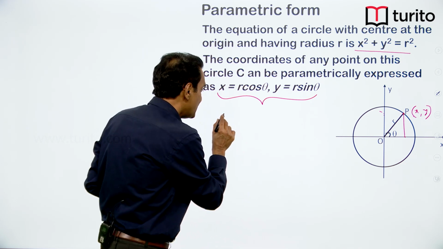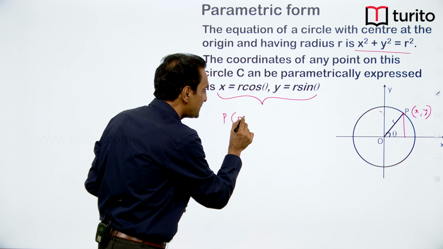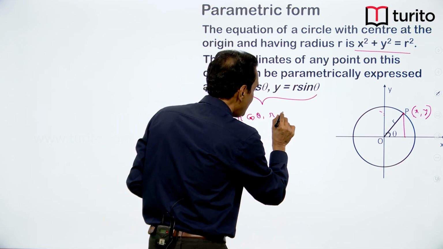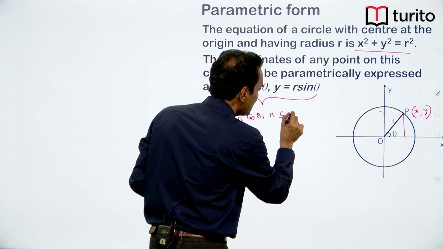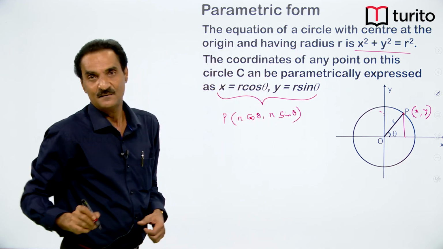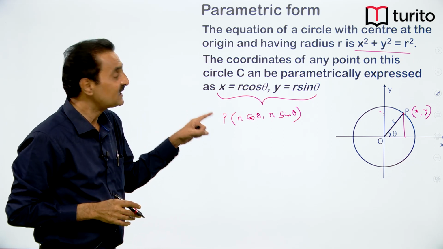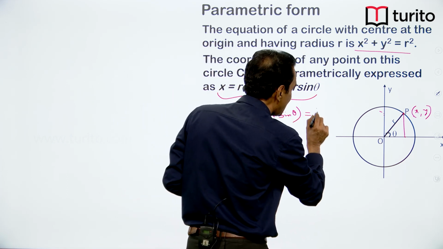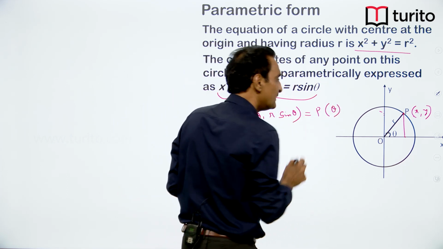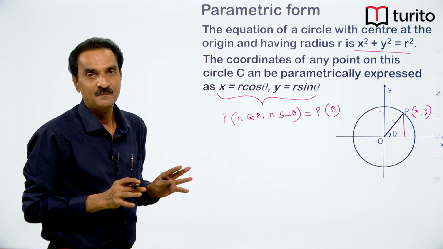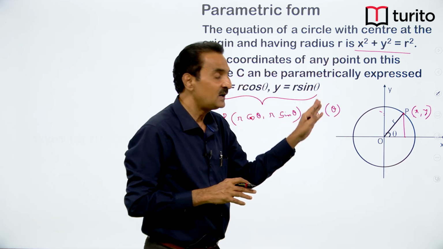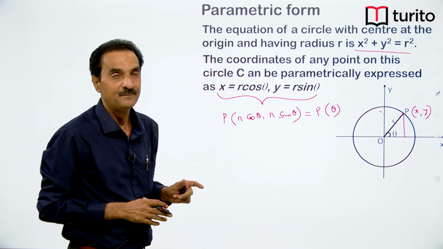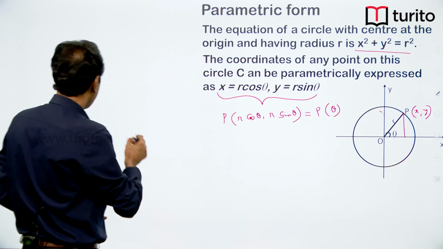So its meaning is, for any value of theta, the point P of r cos theta comma r sin theta lies on that circle for any value of theta. That is why theta is called a parameter. And you can also simply express this point as P of theta, that is the usual notation. So with respect to this circle, the point P of theta means P of r cos theta comma r sin theta. Okay. Now similarly, if